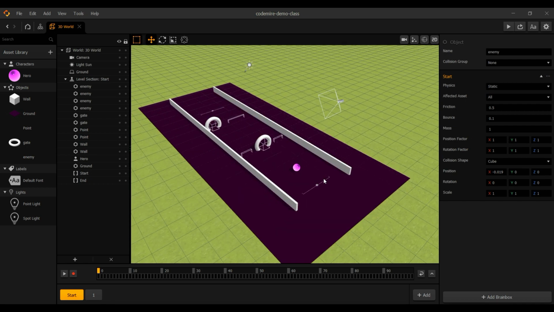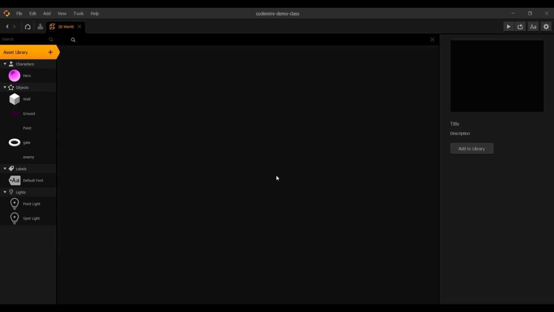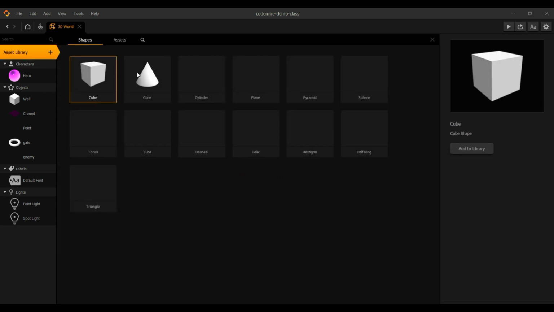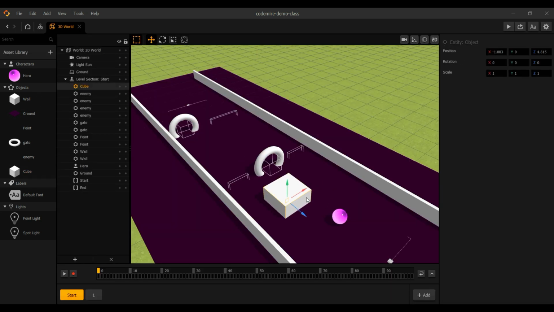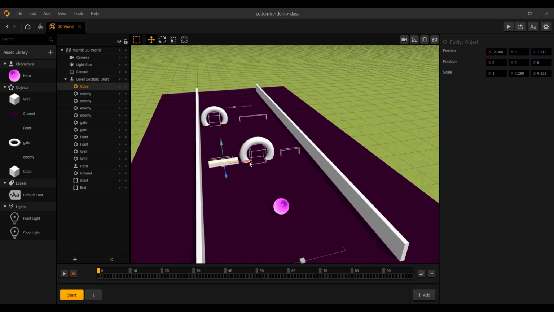So let's go to our 3D world, and I think we should add some lines here. For that, just go to the shape asset library, shapes, and in shapes, double click cube, select cube, drag and drop the cube here on the ground, and now you just have to scale this down, like this, and position it. We just have to make it in the center so that when we scale this,